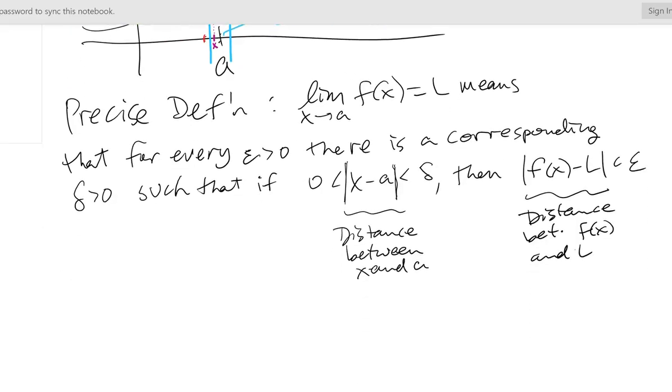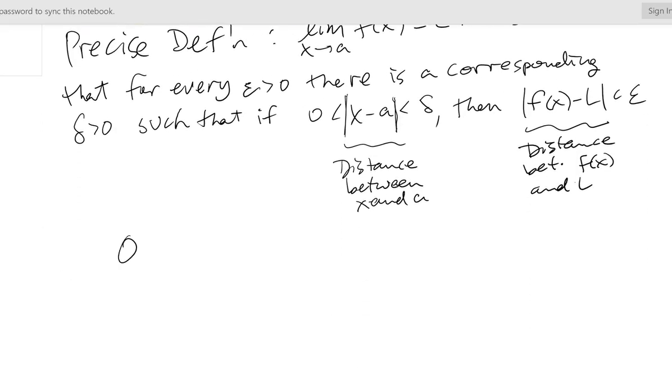So one way to look at that is the following. If you have 0 less than absolute value of x minus a is less than delta, I just want to look at this without the greater than 0. Greater than 0 just means that x can't equal a, okay? So this piece here on the left just means that x can't equal a. All right, so if we take that into account,